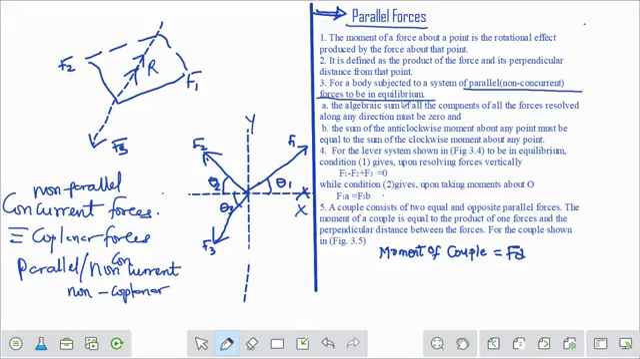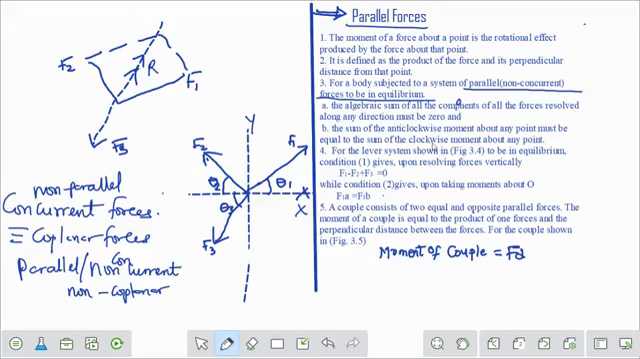So now these are the conditions for non-coplanar forces or parallel forces. Number one, the algebraic sum of all the components. Please write this down. The algebraic sum of all the components of all the forces resolved along any direction must be 0. And number two, the sum of the anticlockwise moment about any point must be equal to the sum